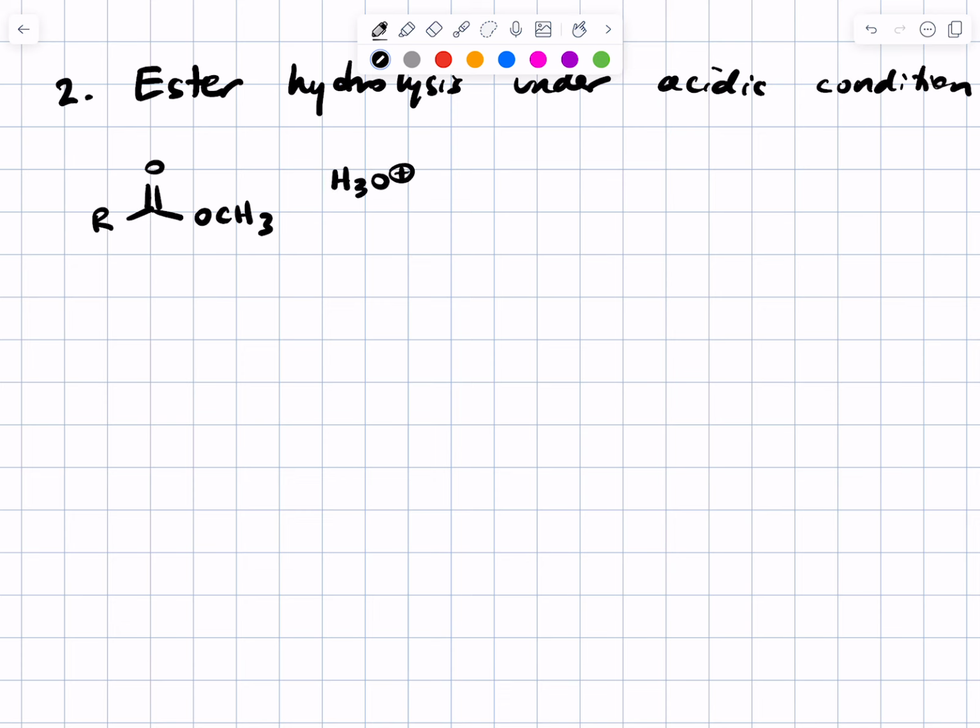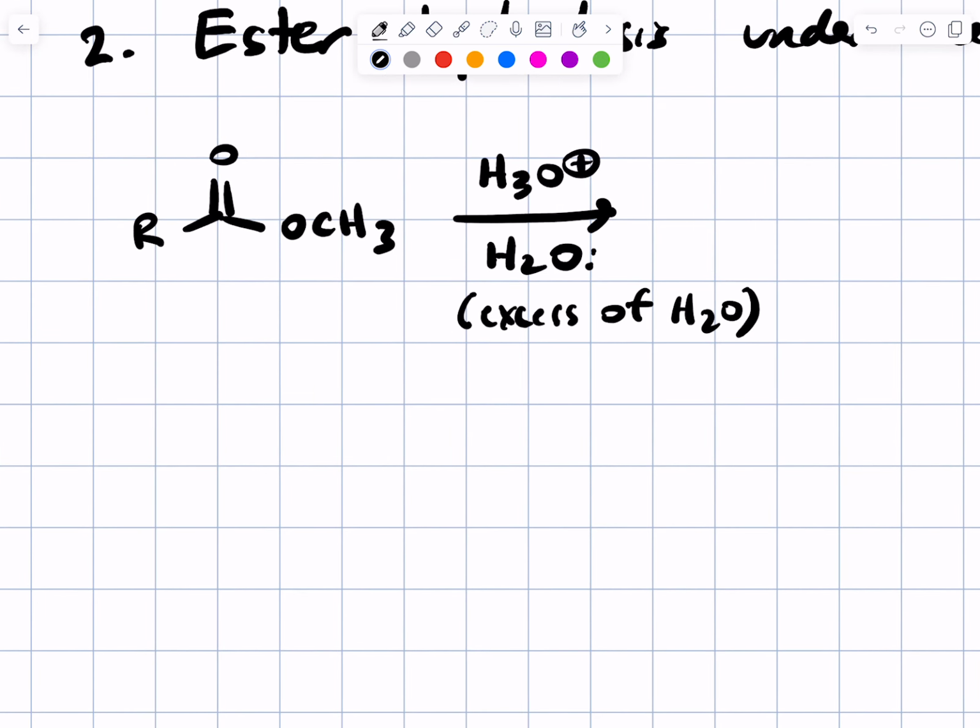You need some aqueous acid, where, by virtue of being in an aqueous solution, you have an excess of water. Water, being neutral, is not a good enough nucleophile to attack the carbonyl carbon directly to give you a negatively charged oxygen. So your first step, and I'll just be general here with HA, is to protonate the carbonyl